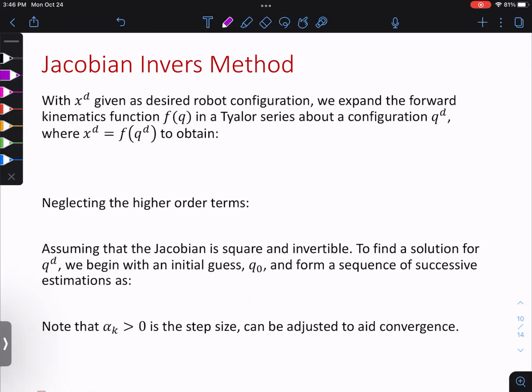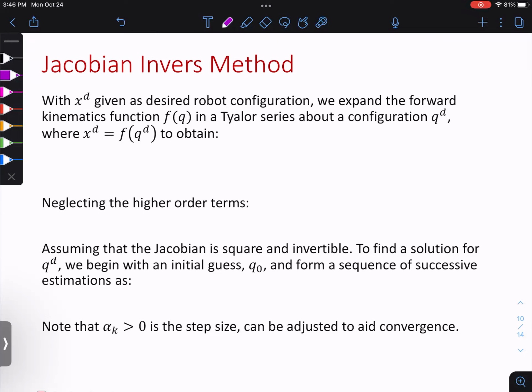You remember Taylor series? Okay, so we're going to use that. We're going to write our function in Taylor series and get rid of higher order terms. Basically, when we get rid of higher order terms, we are not solving the exact problem. We're very close, right? So we know that there will be some errors, but acceptable. That's why in modeling, you are always making some assumptions. The assumption is, let's simplify this, get rid of the higher order terms, so make it a linear